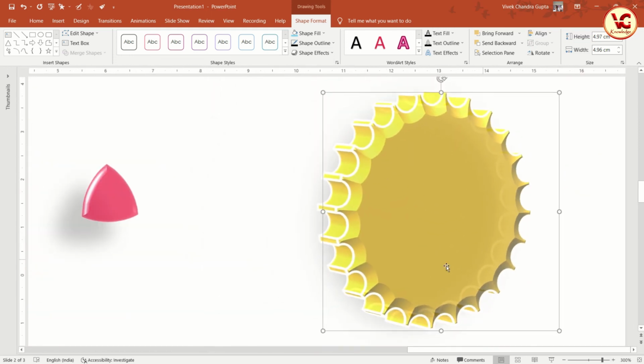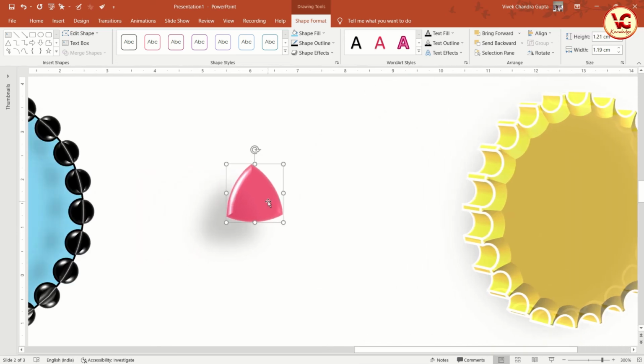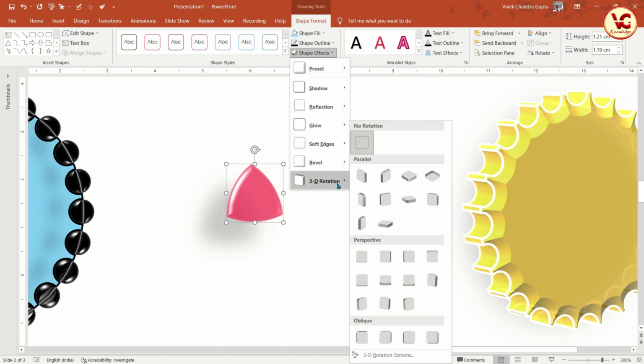So it is showing a kind of gear, and we can also select this and change the angle, whatever position or way we want to present it here. Right.